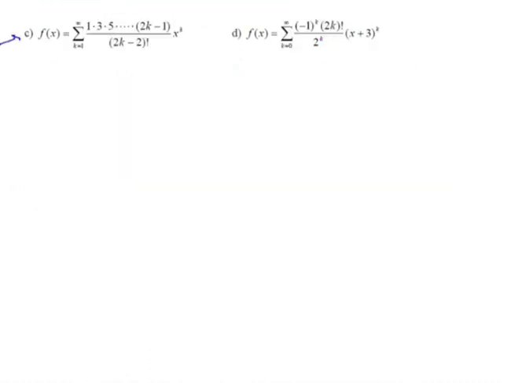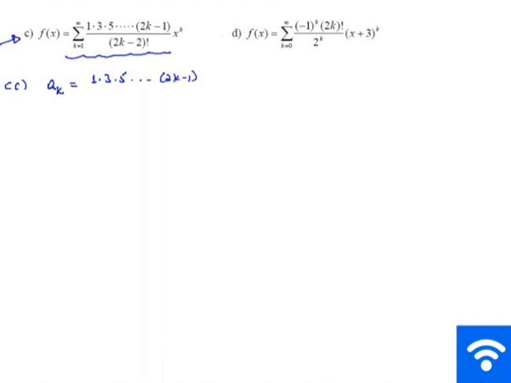Okay, አሁን የሲ ፓርት እናያለን። ሲ ጋር ስንሄድ ያለን ፋንክሽን ይሄ ነው። የዚህን ፋንክሽን ዶሜን ለመፈለግ እንደተለመደው we take the case term or the n's term. So the case term for this power series is 1 times 3 times 5 up to 2k minus 1 over 2k minus 2 factorial times x to the power of k. Okay, here case term ቢሆን the